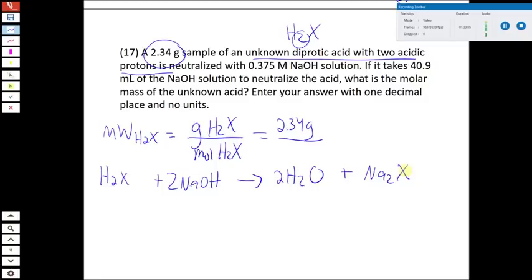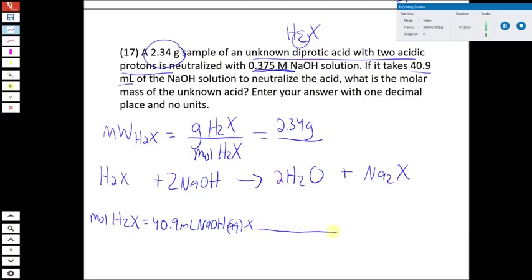So what we really need, though, is the reactants ratio, so we can find the moles of the acid that are involved in this titration. So the moles of H2X are going to be, we start with the volume of the solution where we know the molarity, so we have 40.9 milliliters of our NaOH solution. And as we've seen a couple times already, if we know the volume of solution and we know the molarity,